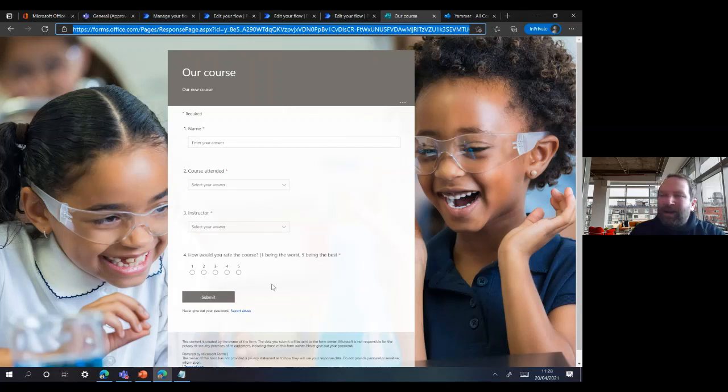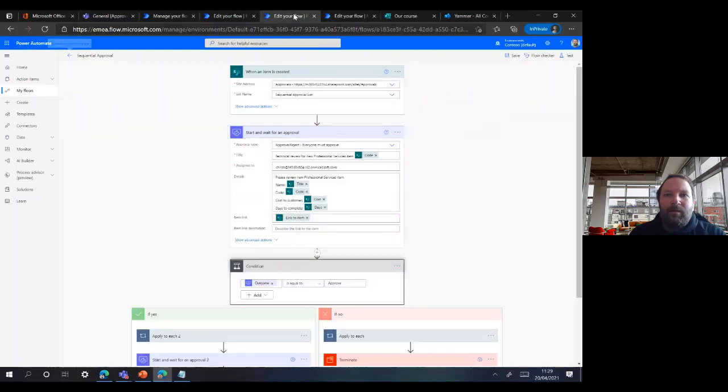Now, I want to relay to the rest of the business when somebody gives me a 5, because that looks very good on the education and training and gets buy-in for the rest of the organization. So inside my flow, let me just move that one here, you can see that, when an item